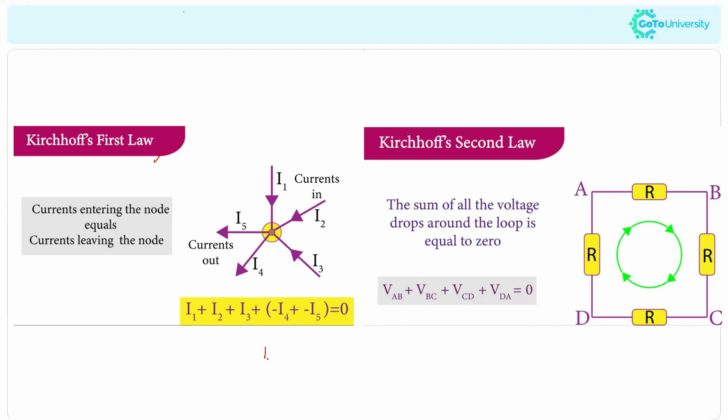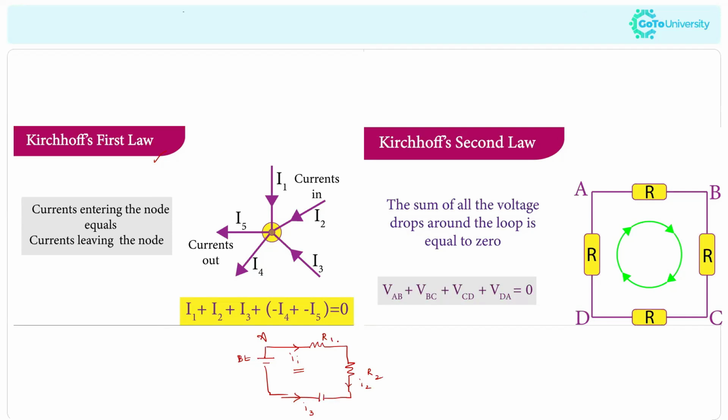Now just imagine a circuit where there is a battery connected with a resistance, and there is another resistance, then one capacitor. Say there are two resistors, R1 and R2. Now the current is going like this. If the current is moving in this direction, I'm representing these as I1, I2, and this is I3. So I can say this is the direction of I1.